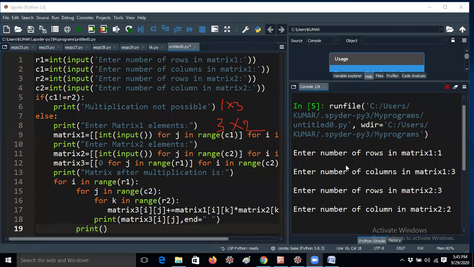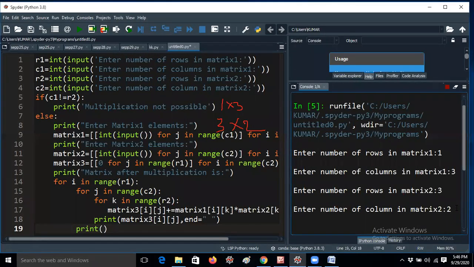What is the resultant matrix? Why are you so dull, guys? Please respond in the chat box. More than 220 students are here. Yes, yes. Thank you, guys. So the resultant matrix should be 1 by 2. Right. Fine. Thank you.